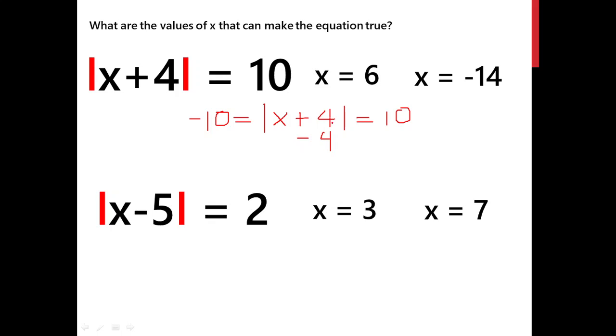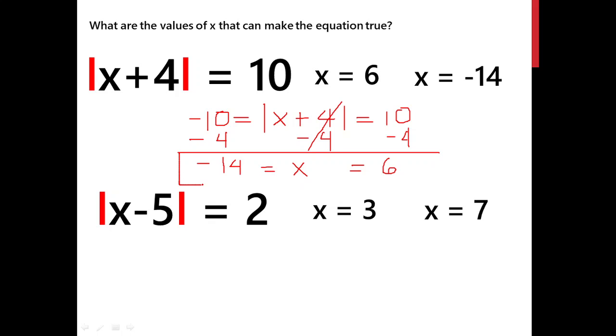Again, what you do in this part of the equation should be done on all sides. And then all we need to do is to add them together. Positive 4 and negative 4 is 0. What's left is x. I'll bring down x. Bring down the equal sign. 10 minus 4 is 6. Negative 10 and negative 4, similar signs, so I'll just add them together and copy the sign of both integers. And then again, bring down the equal sign. So this is our result. X can be equal to 6 and x can be equal to negative 14.